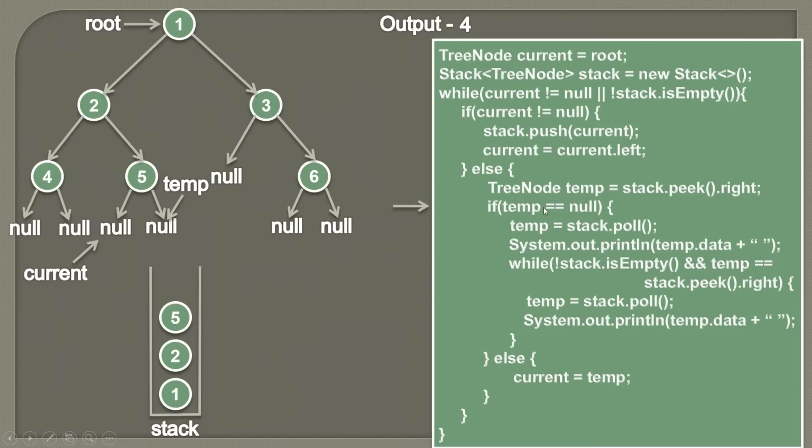And then we are simply providing this check because if temp is null, then we know that current is already pointing to null, which is the left part, and temp is also pointing to null, which is the right part. So which signifies that its parent has no left and right children. So we can simply visit the parent now. In the first step we poll the topmost element, which is the node 5, and we'll assign it to temp. So first this will poll out and temp will point to 5.